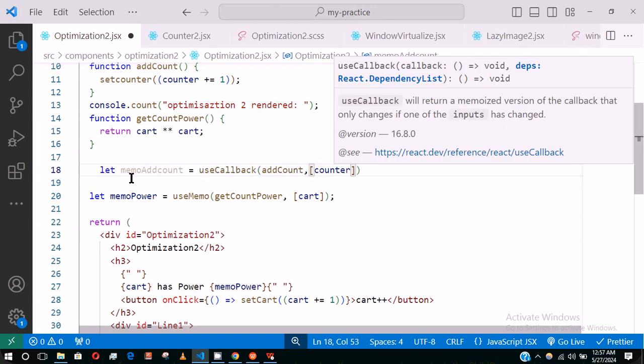Let memo add the add count. I will now come here and pass what? Memo add count. So if I do this now, everything will still work as before, but this optimizes